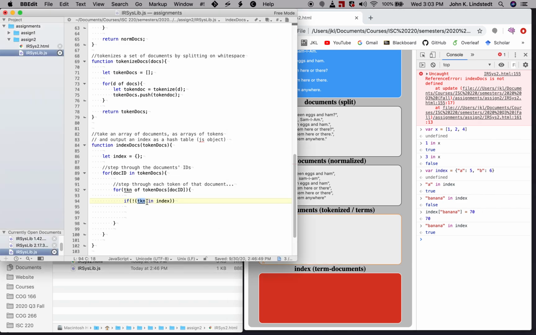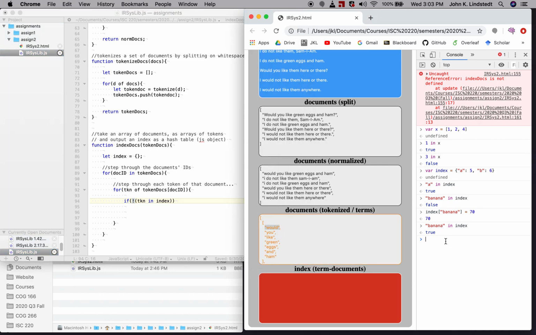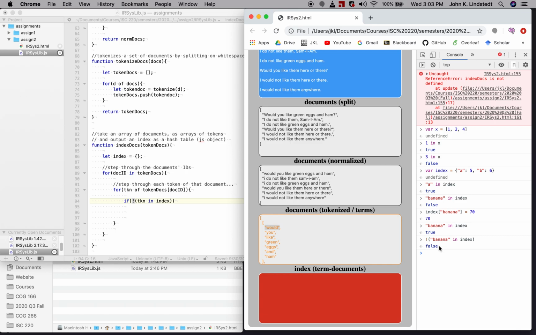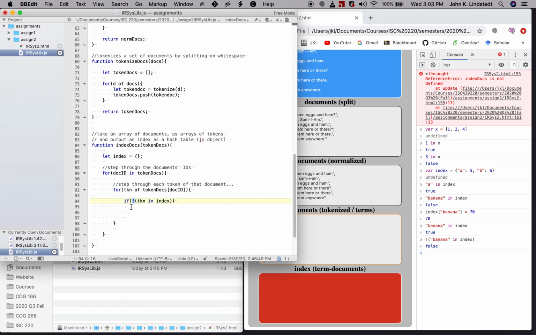Okay, so this is saying if the current token, i.e. wood, is in the index, that's going to be true. But we want to do something only if it's not in the index, right? So we invert it. We use the not. So is not banana in the index? Great. So banana is in the index, but we're asking for the not. Because in an if statement, we're saying, hey, do this as long as this statement is true. So if the token is not in the index, and I'll write a note, if the token is not in the index,